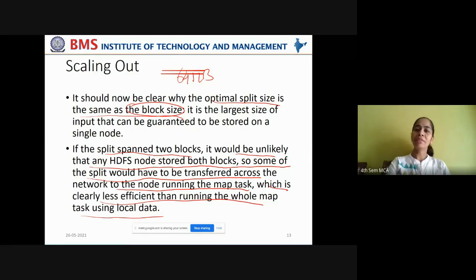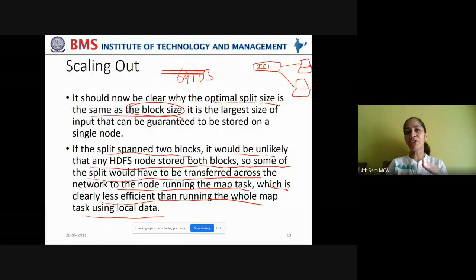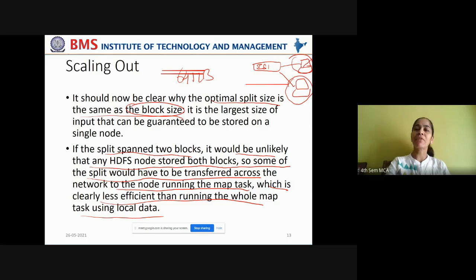So what will happen in this case? Say there is an input split, say input split 1. Instead of storing it on a single data node, if we are storing this on two data nodes, what will happen? If this input split is large enough so that it is stored on two data nodes, when you send a map task to this particular data node, and this node is busy, then it has to go to the next data node to perform the task, but the block is still available with this data node only. So it has to wait for the data node to complete the task, transfer the block of data, and only then execute the